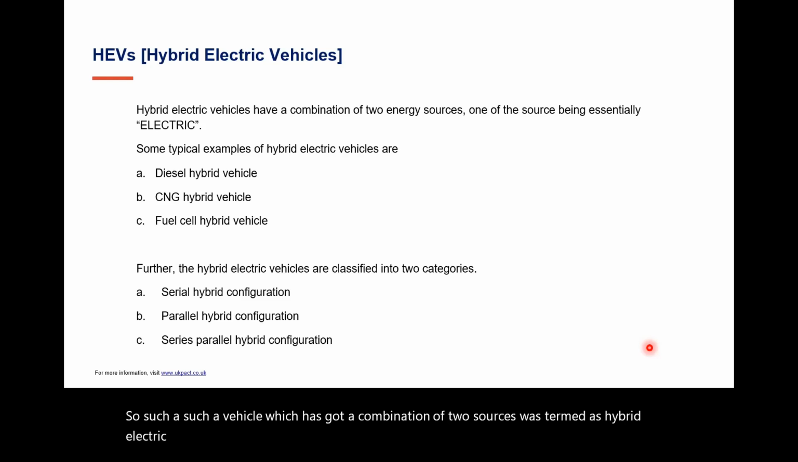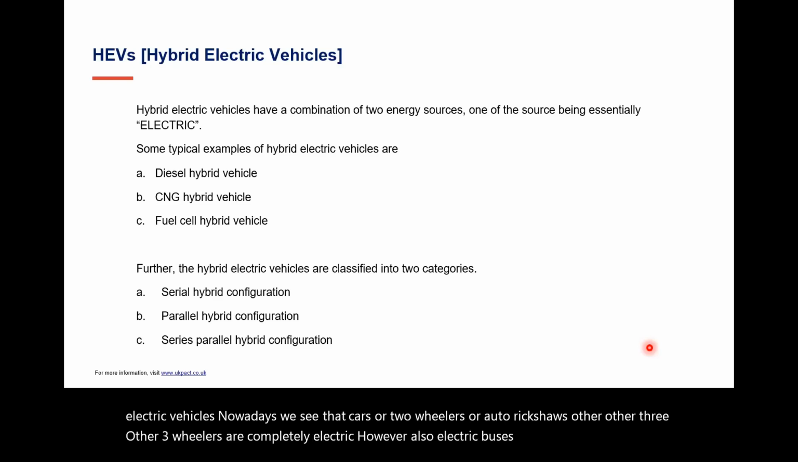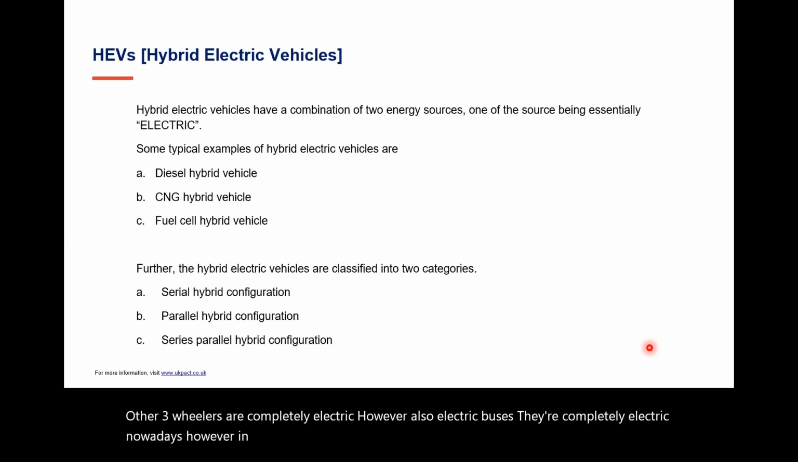Nowadays we see that cars, two-wheelers, auto rickshaws, and other three-wheelers are completely electric. Also electric buses, they are completely electric nowadays. However, in case of certain off-road vehicles and also in long-range trucks, this hybrid mechanism still exists, because when a